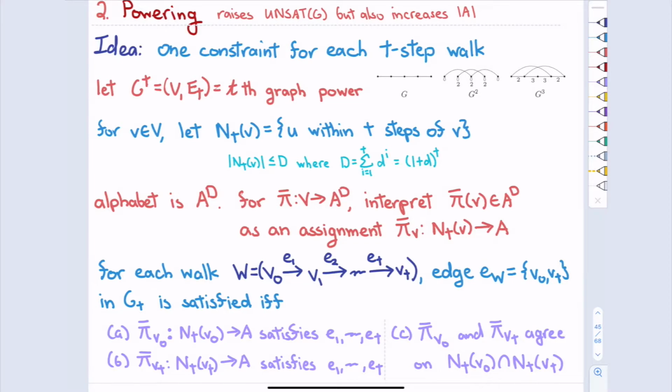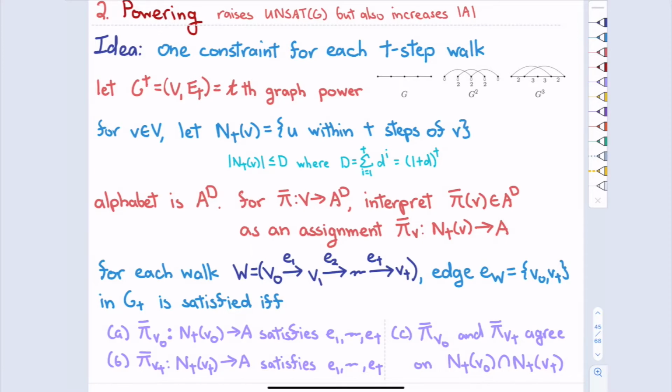Instead of just assigning one letter to a vertex, I'm going to assign capital D letters to each vertex. A label on a vertex now has a ton of letters, but I think of that as one letter for each vertex in this t-step neighborhood.